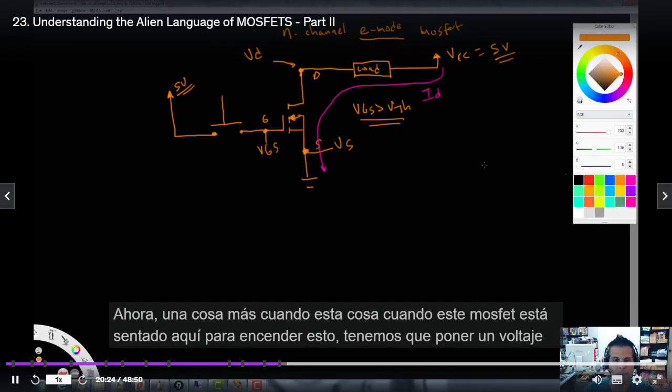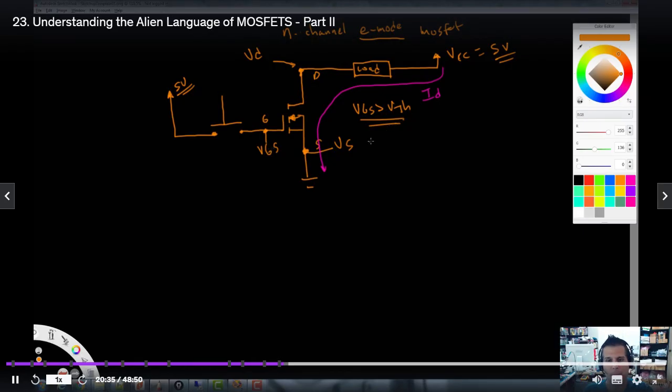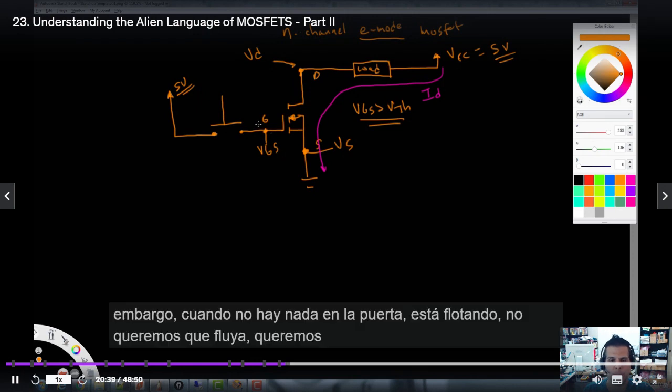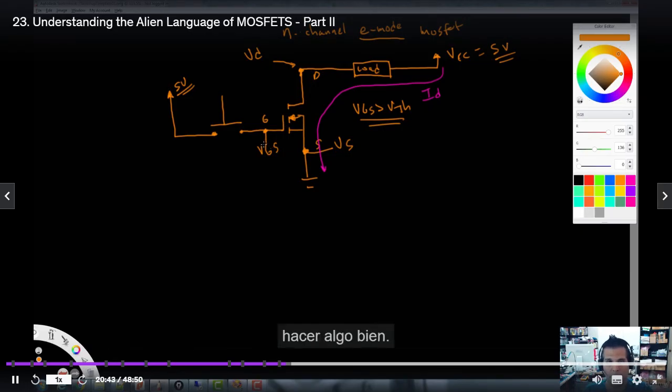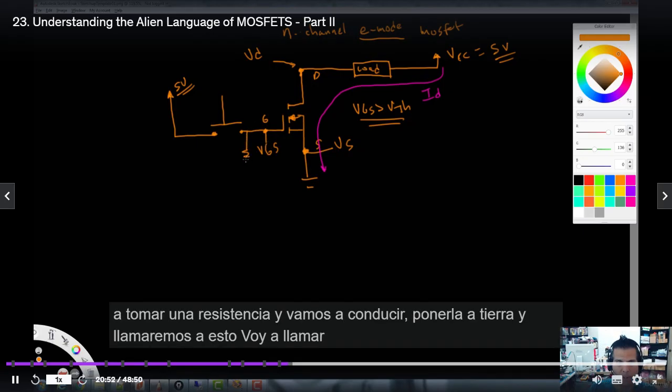Now, one more thing. When this MOSFET is just sitting here, to turn this on, we have to put a positive voltage. VGS has to be greater than V threshold, which is a positive voltage. However, when there's nothing on the gate, it's just floating around. We don't want it to float. We want to do something with it, right? So we don't want it to float, so we want to put a voltage on it so we know it's stable. So what we're going to do is we are going to take a resistor,